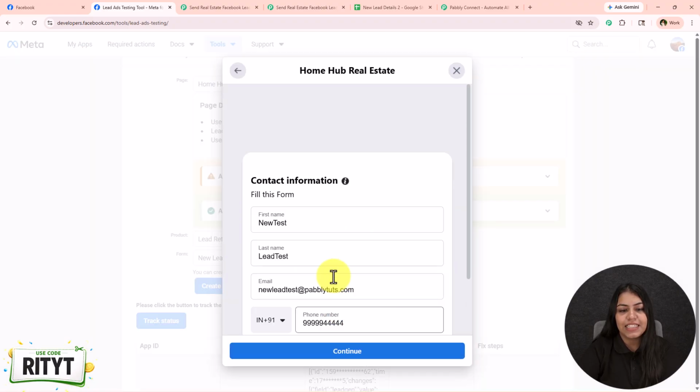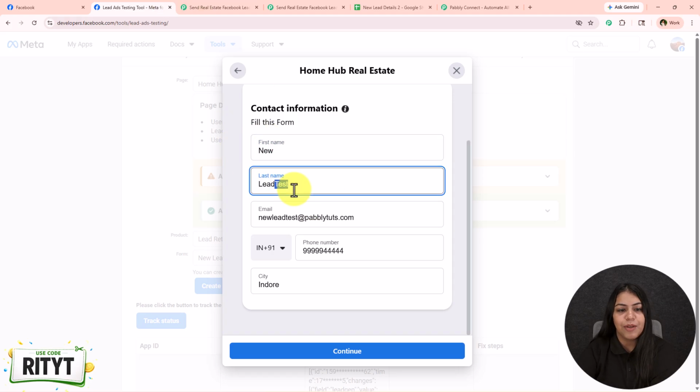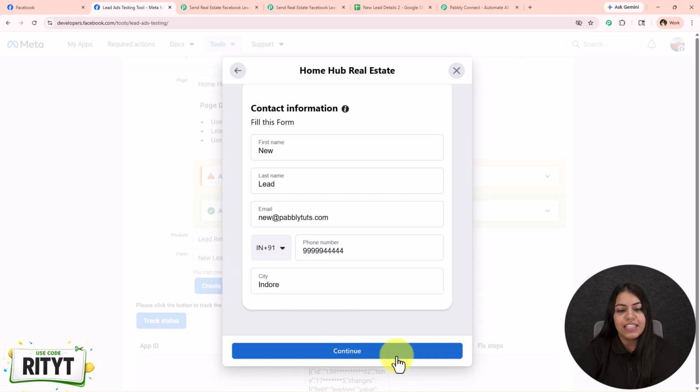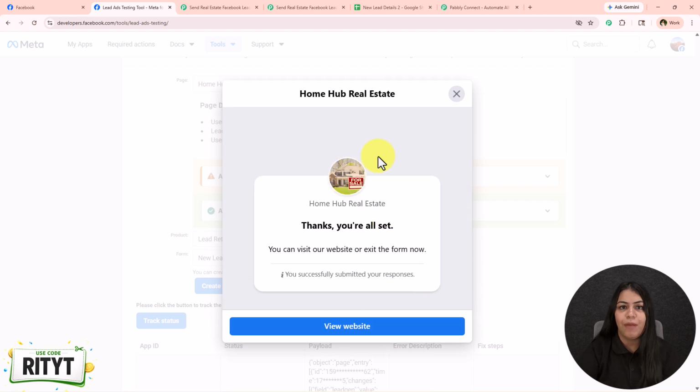Now as you can see, this is the form, so I am just going to fill in this form. For the first name, I'm just going to keep it as new. For the last name, I'm going to keep it as lead. For the email, I'm going to keep it as new@pabblytudes.com. This has the phone number and this the city. Now let's click on continue and then submit, and we have successfully submitted this form and created a test